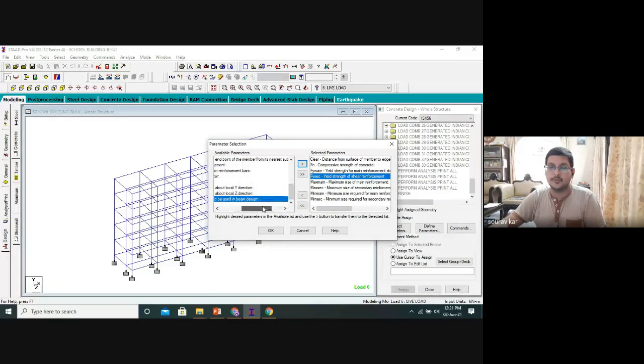Width of cross section to be used in the beam design. Again, the width is already selected or given in the model. Already while giving the properties of the beam and column, I have given this thing. So no need of repeating the same stuff. If you repeat the same stuff, STAAD will get confused. You are confusing the STAAD. And if you confuse STAAD, STAAD will inevitably give you wrong and error message.